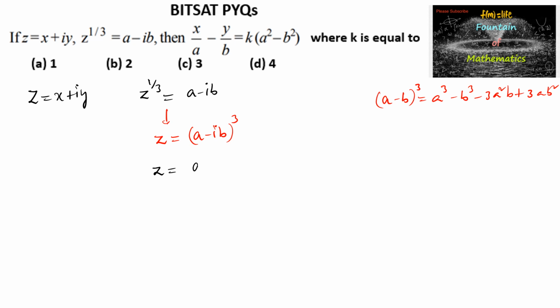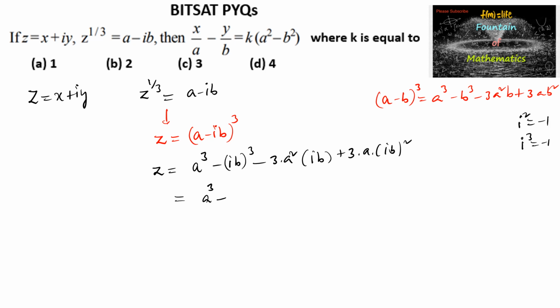z is equal to a to the power of 3 minus (ib) whole cube minus 3 into a square into ib plus 3ab square, so 3 into a into (ib) whole square. So we can add a to the power of 3 minus, and we know i square is equal to minus 1 and i power 3 is equal to minus i. So we can add minus of minus, plus i into b cube, and again here minus 3 a square b into i plus 3a into i square, whose value is negative 1. So we can write here